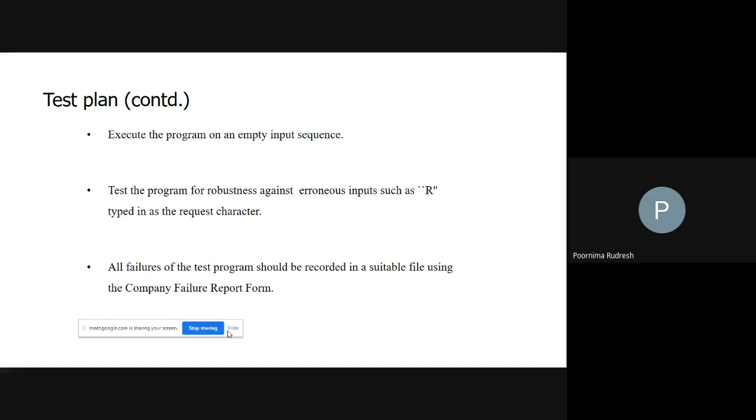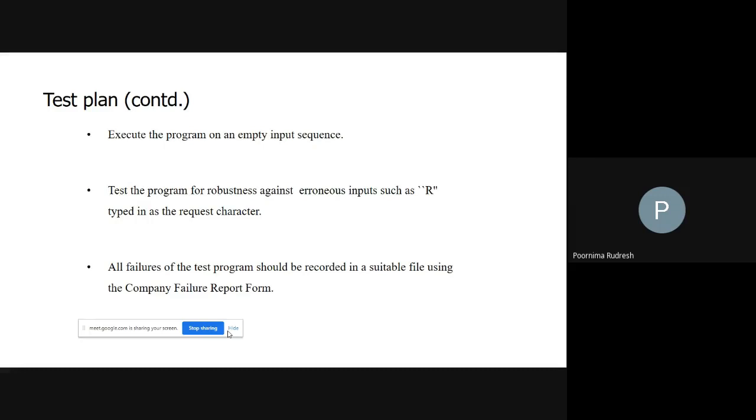To perform the sorting, what you have to do is give the number of inputs. Suppose you are sorting integer numbers, say 10 integer numbers you are going to sort.